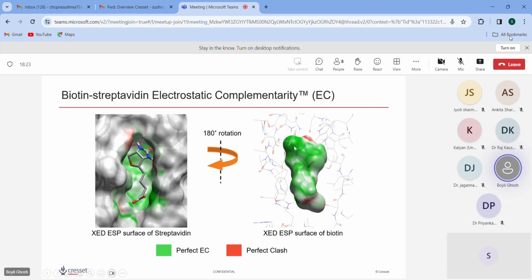And then you can decide on which part of the molecule electrostatics has to be changed to make it a better match. By default, we colored the match as green and the clash as red and white as neutral, which is either not match or clash, somewhere in between. So here you can see this biotin streptavidin complex of protein and ligand. This is a very good complex where the ligand is very much